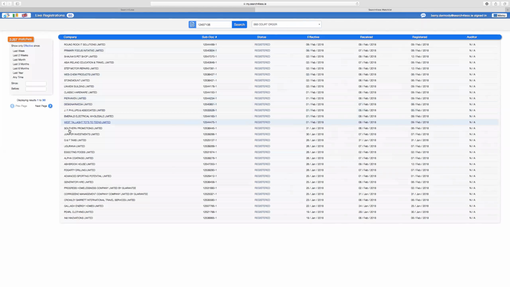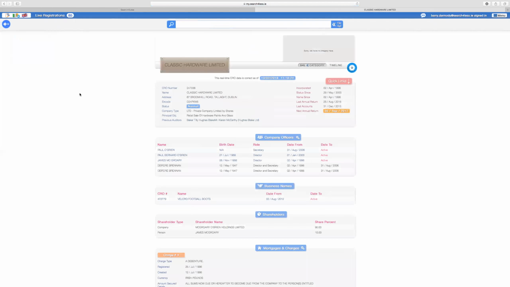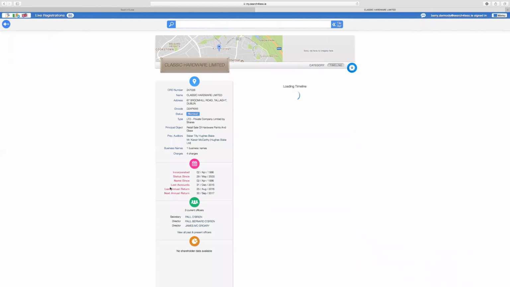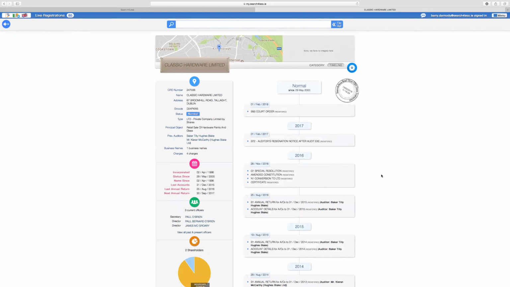There's all the court orders that have ever been registered with the CRO, so you can see what companies are involved. And then if I want to click on a particular company, I can click on that link and it will bring me back out to that company's timeline or category view, depending on where I last left off. In addition to that,